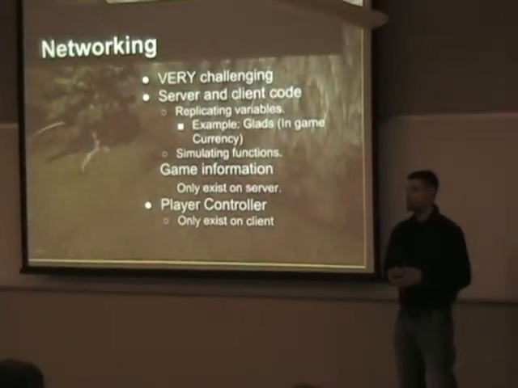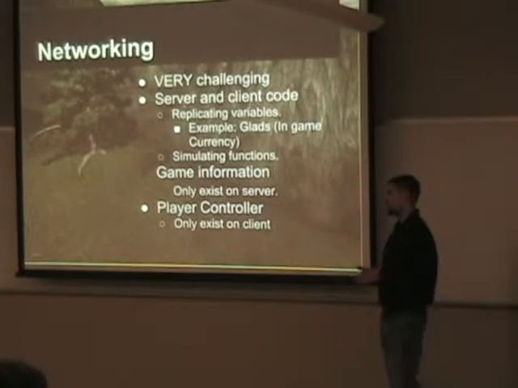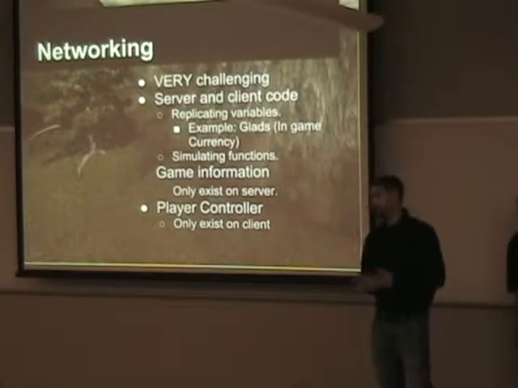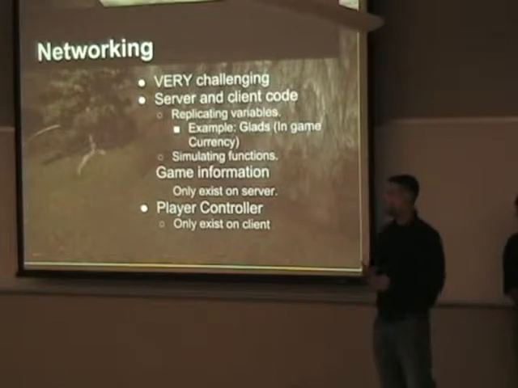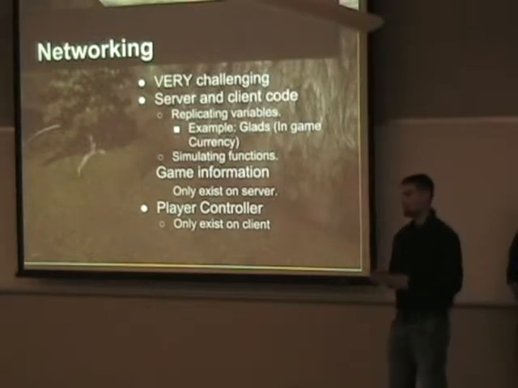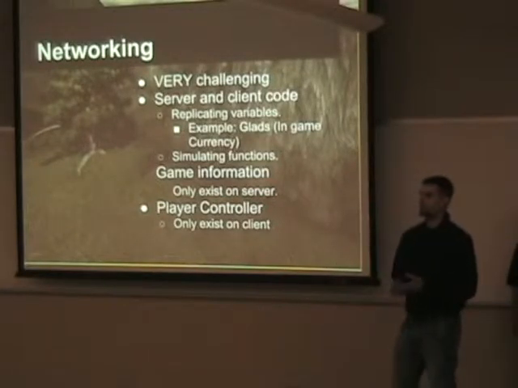You have one piece of code that you use for the server and the client. So whenever you need things to happen on the server, you need to specify. Things that need to happen on the client need to be specified. So you have things like replication of variables and functions. So if you need something to be replicated from the player controller and the game info, you need to replicate that information so the server will send that information to the client, and the client will know what's going on